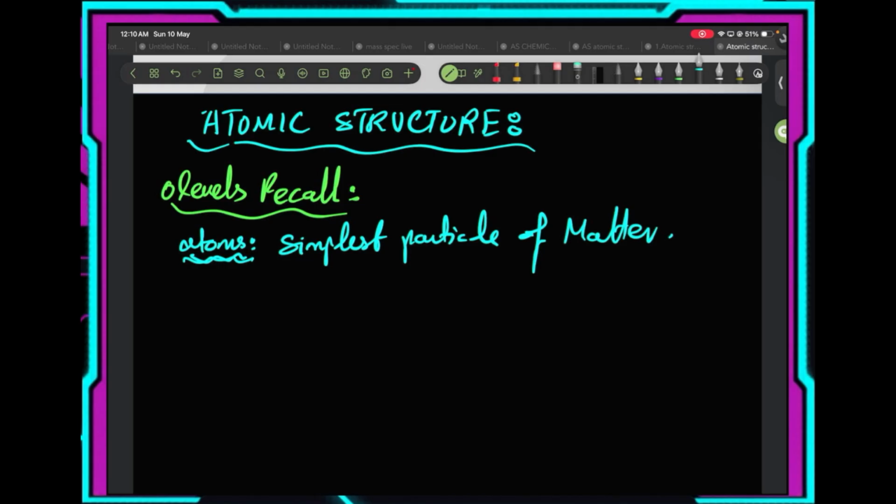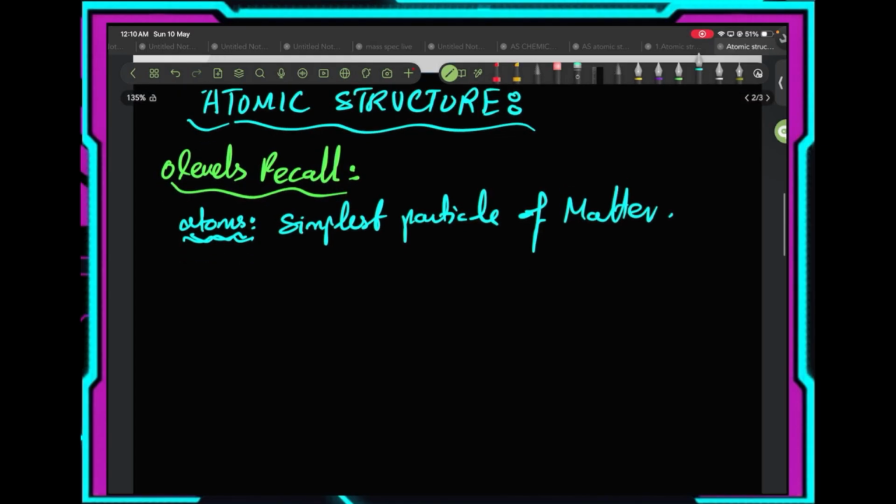So if you break down matter into simple pieces and pieces, the last thing you'll be left with is an atom. And you can't see atoms with your bare eyes. Even microscopes, you can't see atoms with microscopes. You need a special kind of microscope to visualize atoms. So secondly,